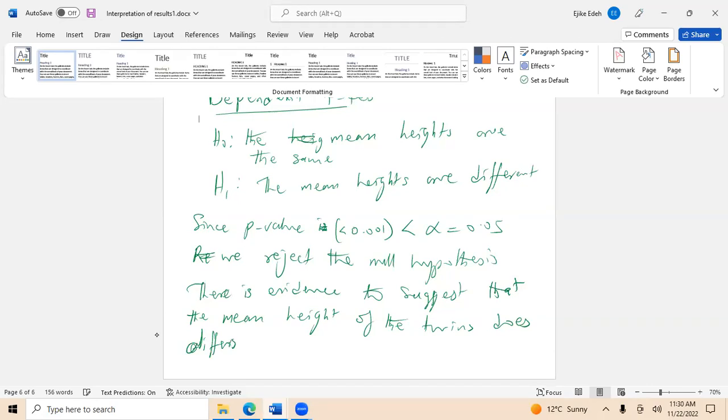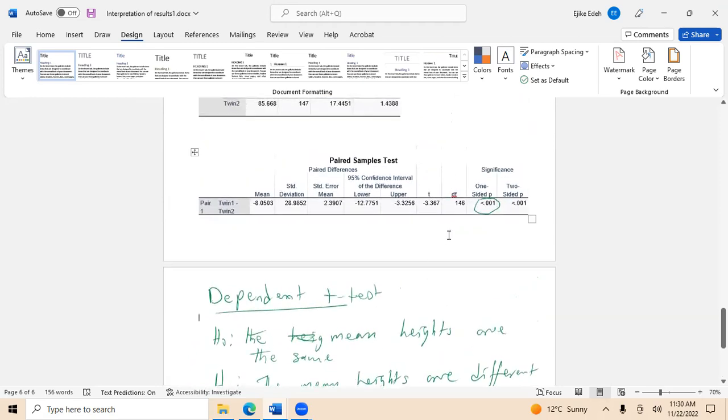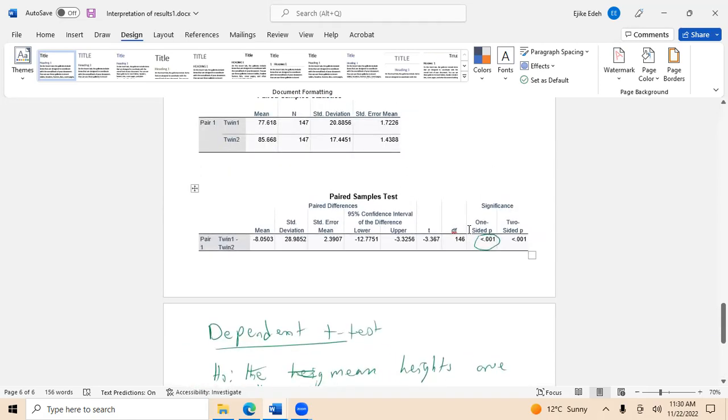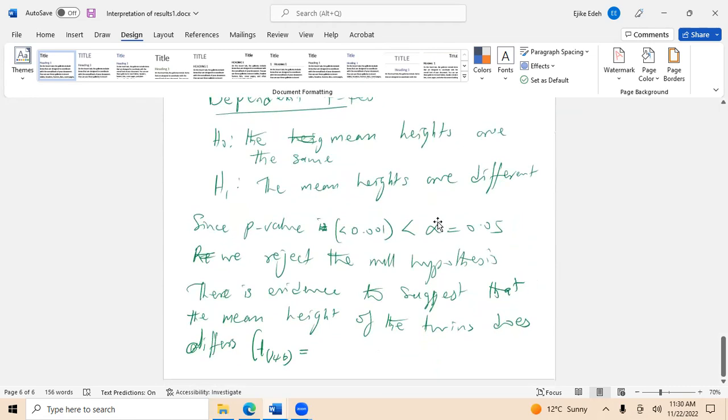Okay, and like before, you just state the evidence in parentheses. So our test statistic with degree of freedom in the middle, in parentheses, the degree of freedom here is 146, right? 146. The test statistic is equal to negative 3.367. And the p-value is less than 0.001,